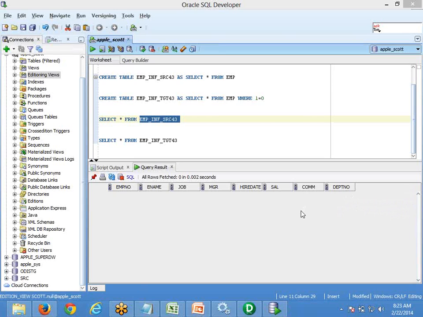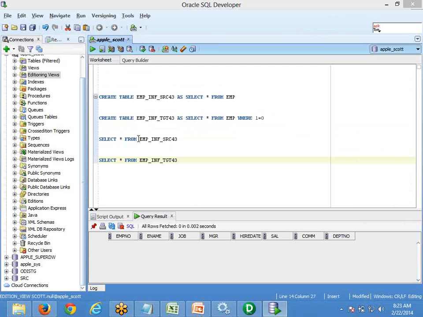Okay, in some cases a developer can also create it. That's not an issue. Okay, so now can you tell me, I want to know quickly for this table what are the column names I have? What are the data types of that? Can you tell me how to get this?